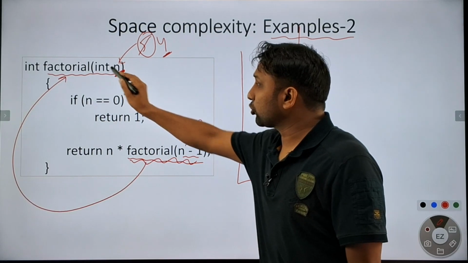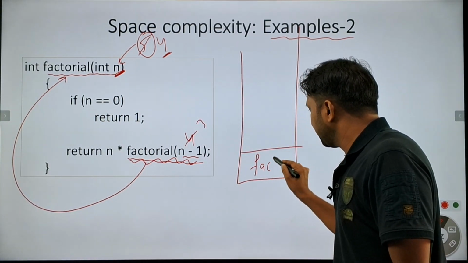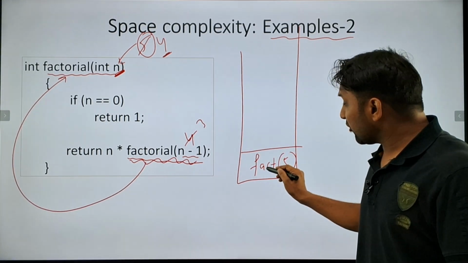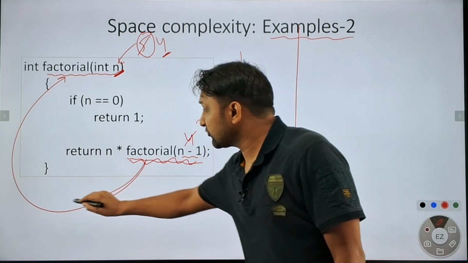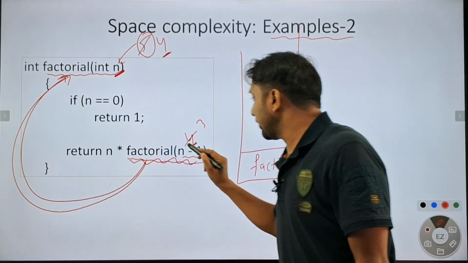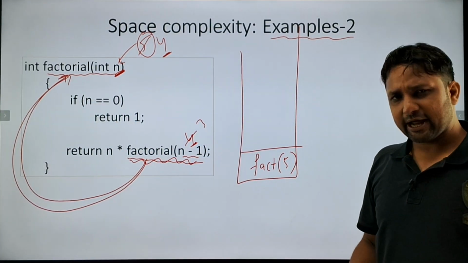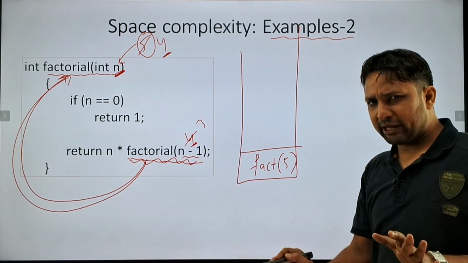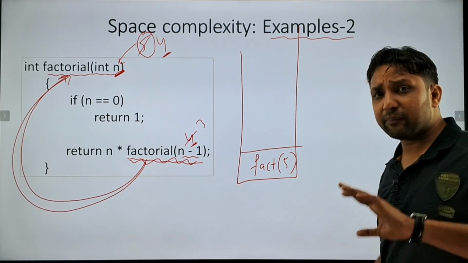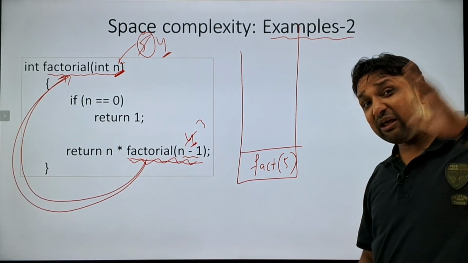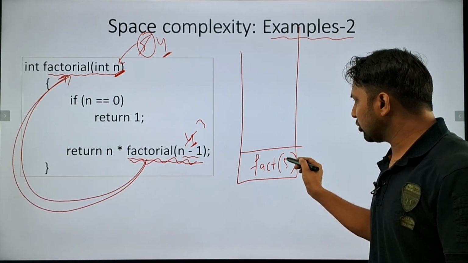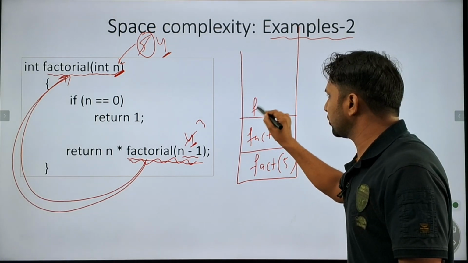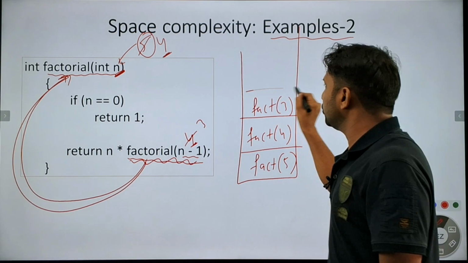Initially you call the factorial function with the value 5, let's suppose n is 5, and to find the factorial of 5 you need to find the factorial of 4. So this function will be called for the value 4, and this function will go inside the stack. The CPU is taking care of all that stuff; we as programmers are not doing anything here. This stack is maintained by the CPU to keep a record of previous functions. So factorial of 5 will go inside the stack, then factorial of 4, then factorial of 3, 2,